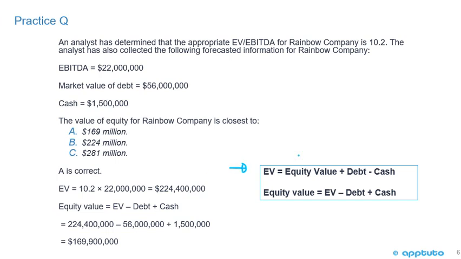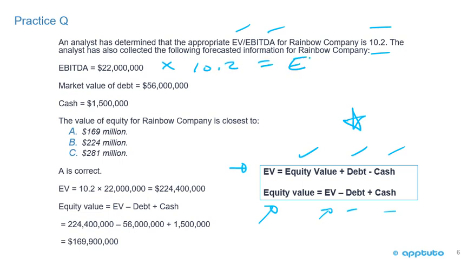So enterprise value equals the equity value plus the debt minus the cash. So the equity value is going to equal the enterprise value minus the debt plus the cash, okay? So you need to memorize that formula. There's no doubt about it. Now, just one little subcalculation that you had to do here. You had an enterprise value to EBITDA multiple of 10.2, and they're giving you the EBITDA here. So you have to take that 22 million and multiply it by 10.2 to get the enterprise value. So that's pretty easy. 10.2 times 22 million gives you